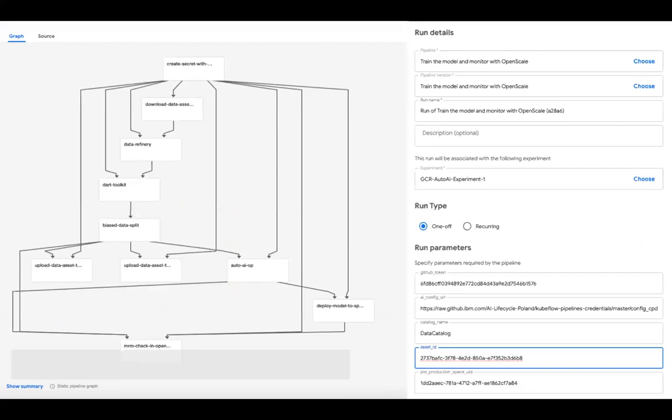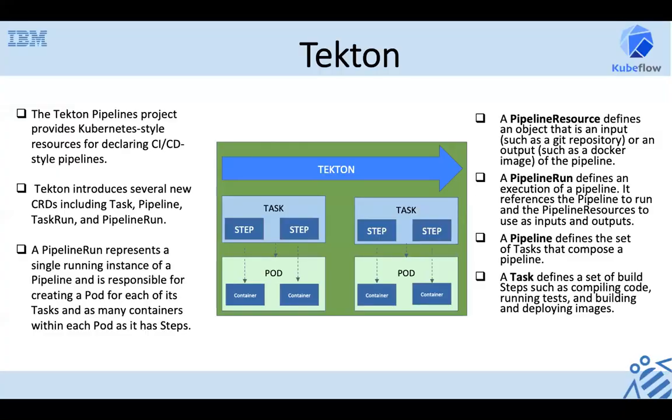Now as part of this, as you can see, since this is going to be a core engine for the Watson AI pipelines, one of the goals which has been given to us to enable something like this, which goes through our Data Refinery, Knowledge Catalog, Watson Machine Learning, etc., is to have the engine based on Tekton. And the reasons for Tekton are manifold. First and foremost is the strategic alignment between IBM